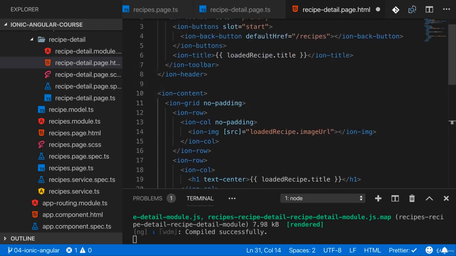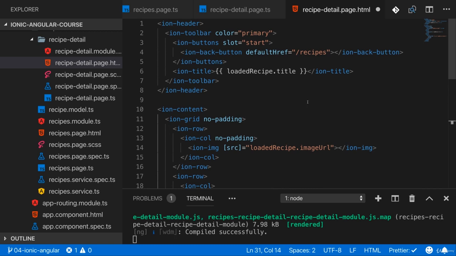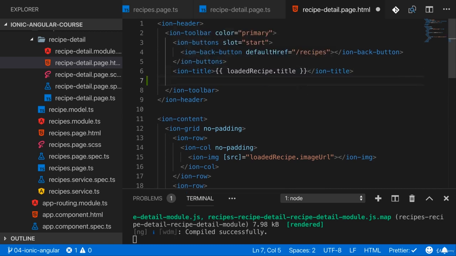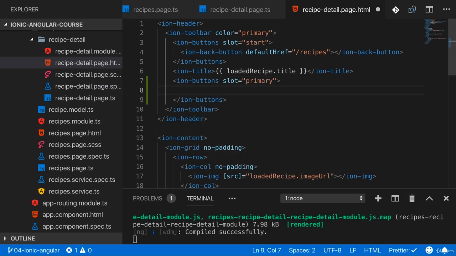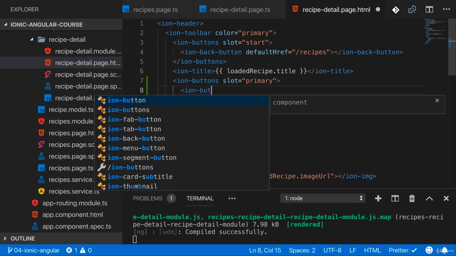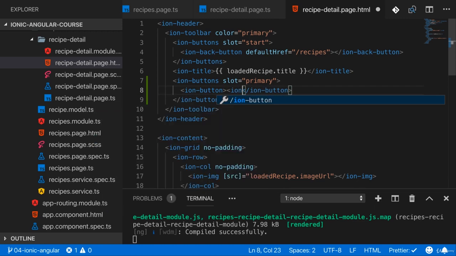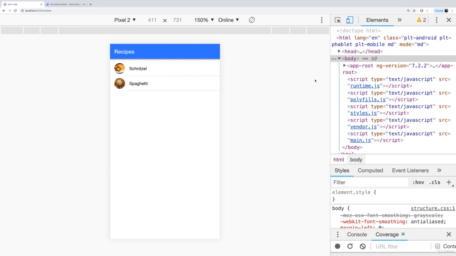To show you how to use it, let's edit our app a little bit and let's make sure we can delete a recipe here, shall we? For this, in our toolbar, I'll add another Ion buttons element. Slot here is primary. This will be by default at the end of the toolbar. And I'll add an Ion button in there where I want to have an Ion icon. Let's find a nice icon for deleting something